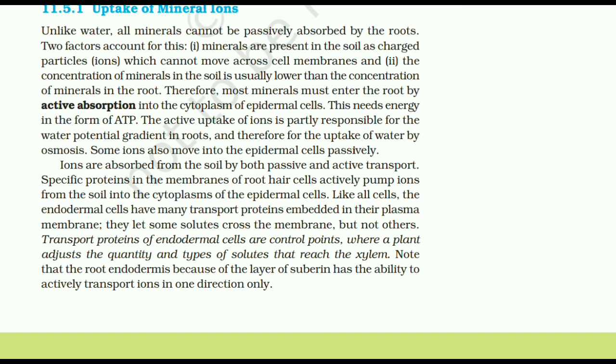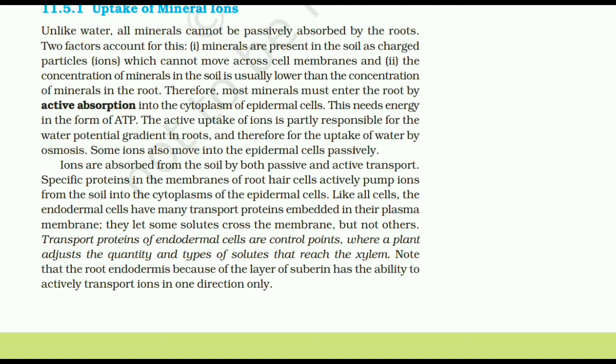The active uptake of ions is partly responsible for the water potential gradient in roots and therefore for the uptake of water by osmosis. Some ions also move into the epidermal cells passively. Ions are absorbed from soil by both active and passive transport. Specific proteins in the membranes of root hair cells actively pump ions from the soil into the cytoplasm of the epidermal cells. Like all cells,